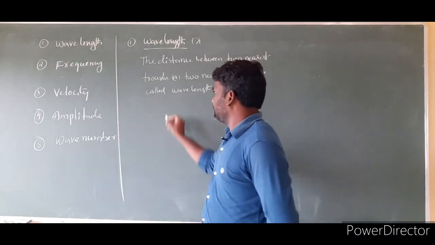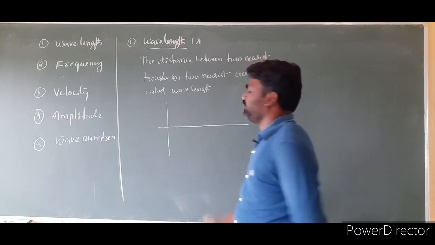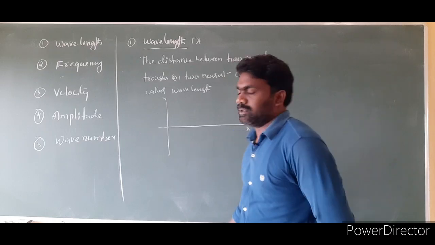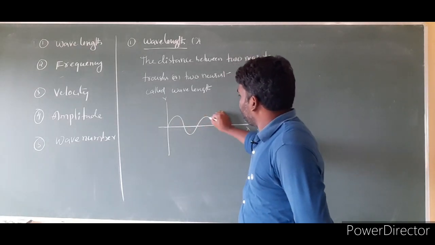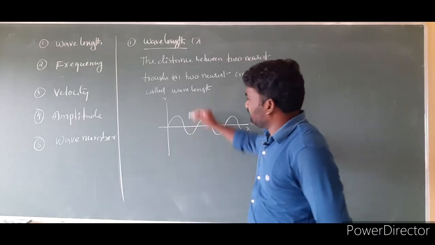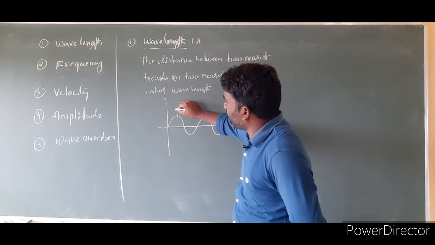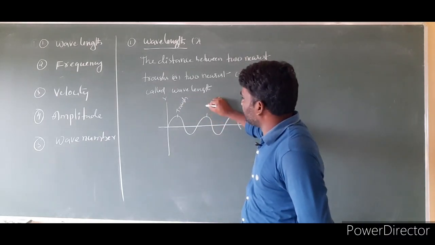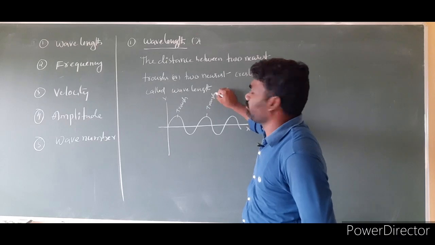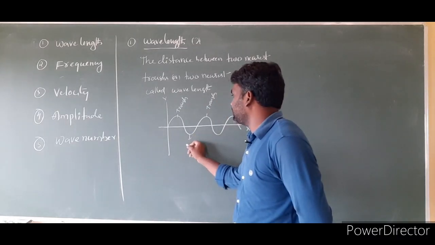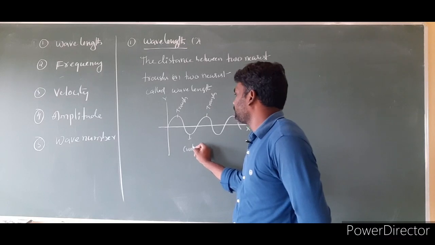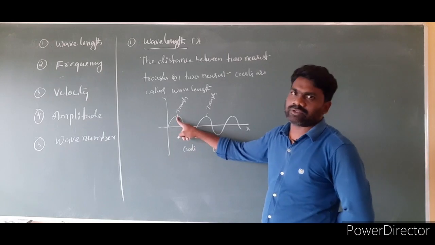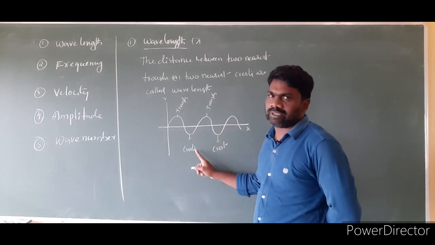Here I am taking the propagation of a wave in the x direction, and I am taking this as y. So this is the propagation of the wave. The wave is propagating like this. This point we have to call a trough, and this point also we are calling a trough. And these depths of the wave are called a crest, and this depth is called a crest. Height of the wave is called a trough. Depth of a wave is called a crest.